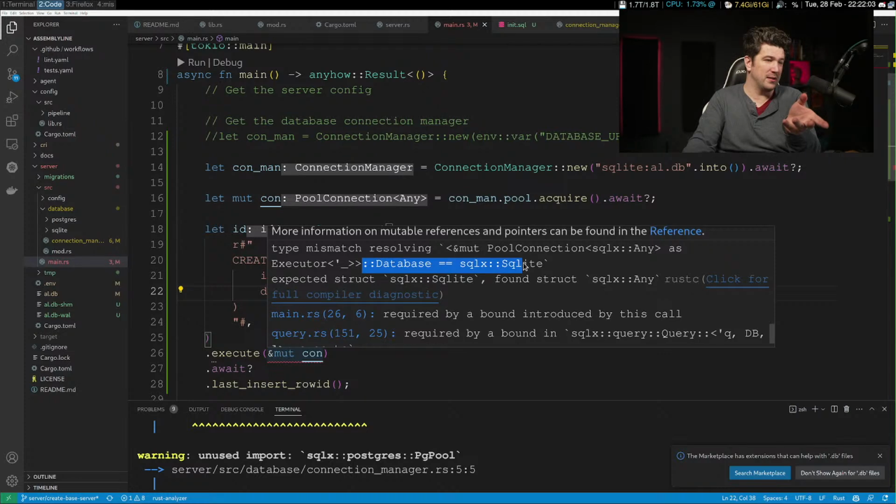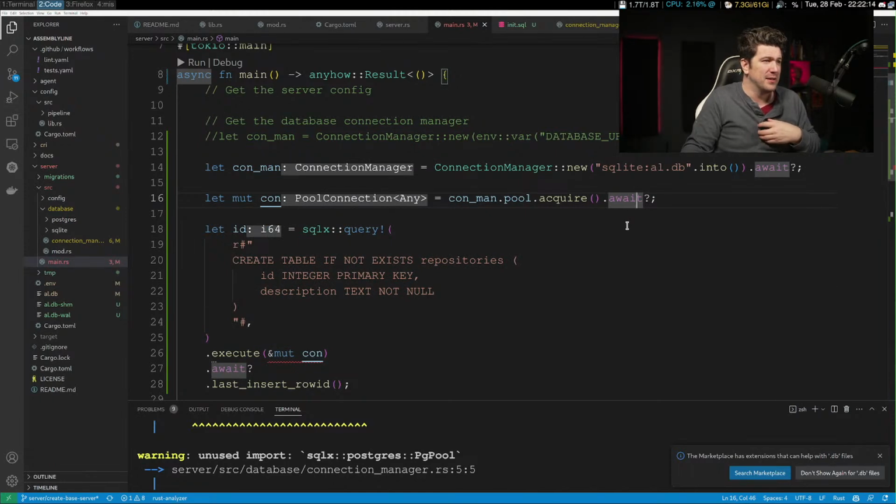They're wanting SQLite. So maybe it's undocumented because you shouldn't be doing this. I don't know why it exists then.